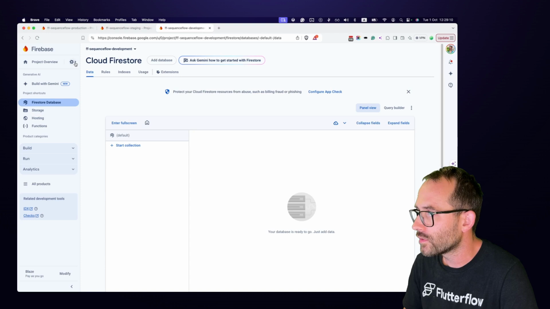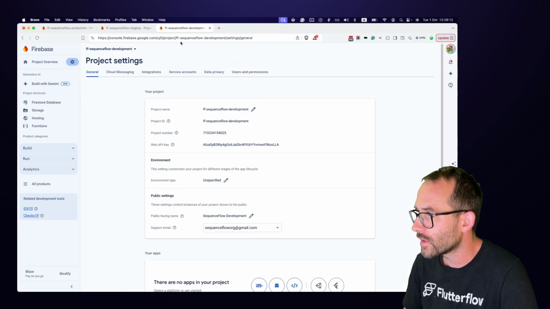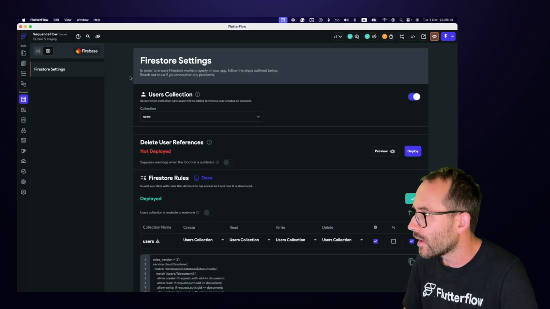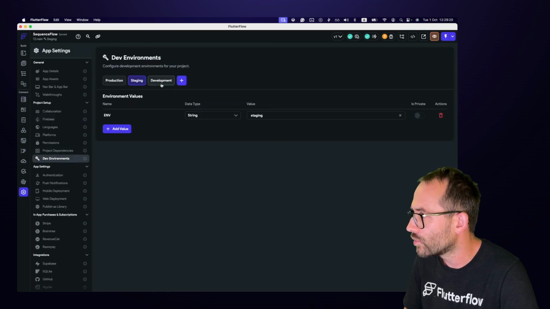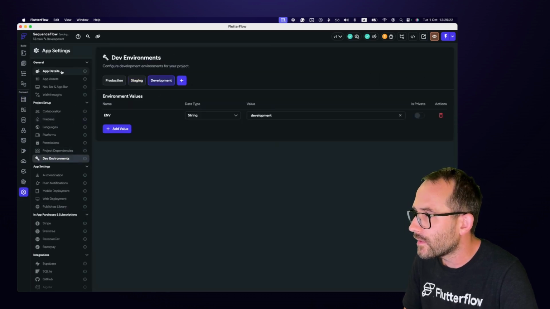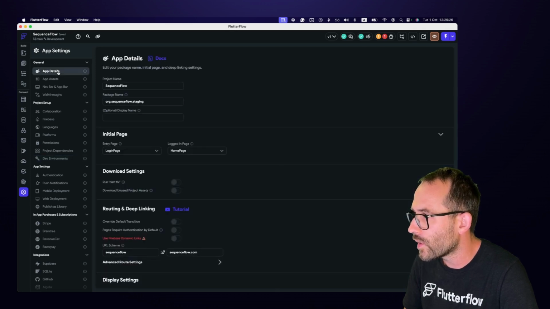So when we also come back here, to project settings in the development environment, go back here and switch the dev environment to development. And for example, if you just go back to the app details, I will show you one detail. The package name, currently in the version of FlutterFlow 5.0.1, is not